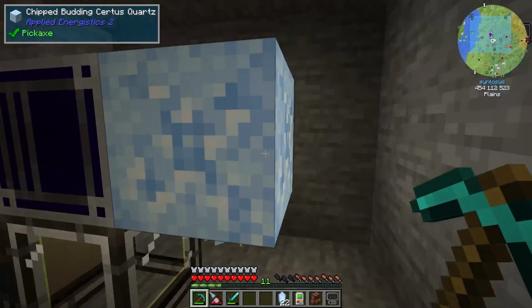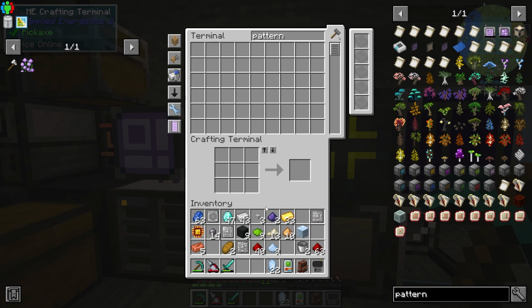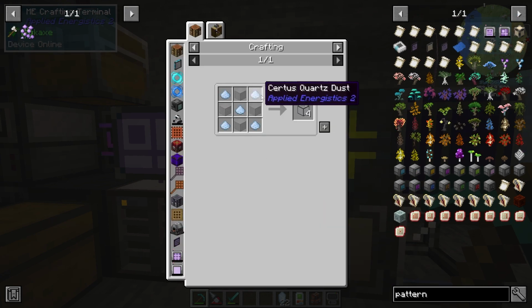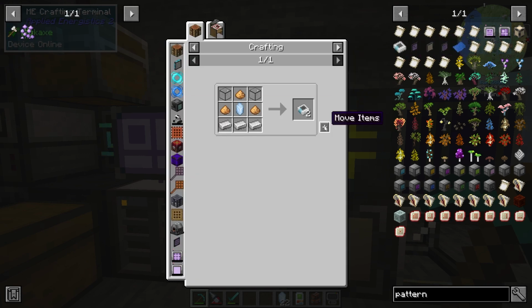Oh, and what are you now? You're now down to chipped. Okay, we're going to leave you alone for the moment. We're going to leave you at chipped. But look at that, 22. Oh, that's the way we do it then. Nice. Oh, that's awesome. Okay, so now I've got enough to do Certus Quartz Glass, which is perfect because we need it. So I'm going to get one lot of that, and then I'm going to go into here and